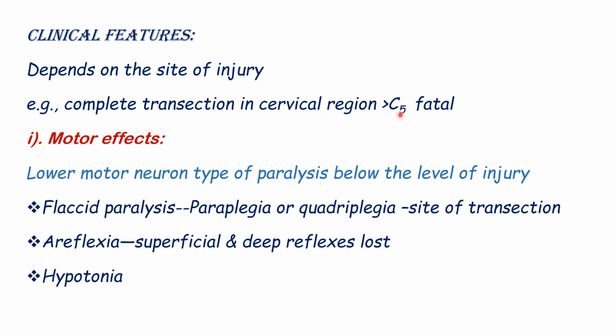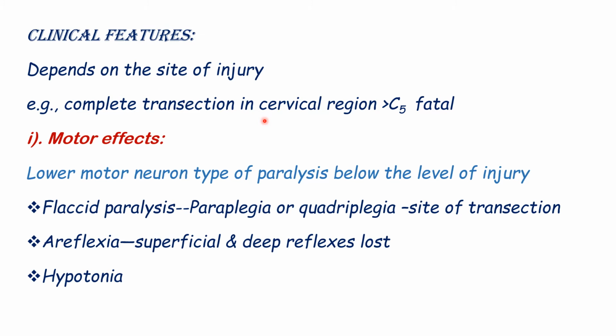It becomes fatal. So when the cord is suddenly transected completely, what happens to the patient? The patient feels as if he has been cut into two portions. Above the injury, he is not affected, but the whole body below the level of injury is deprived of all the sensations and motor activity. He thinks that he is split into two. At the upper part he is feeling something, and the lower part is not feeling anything.